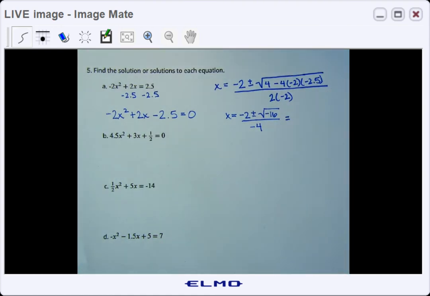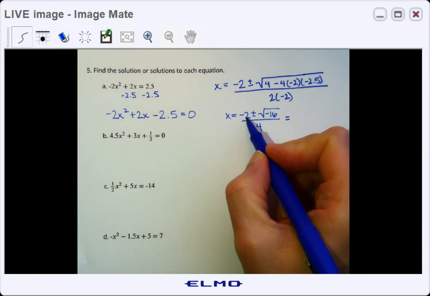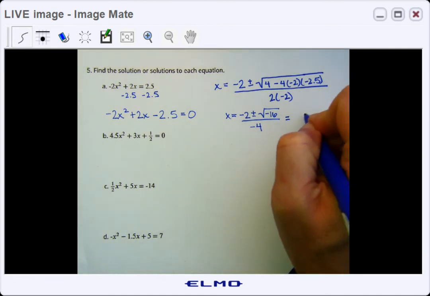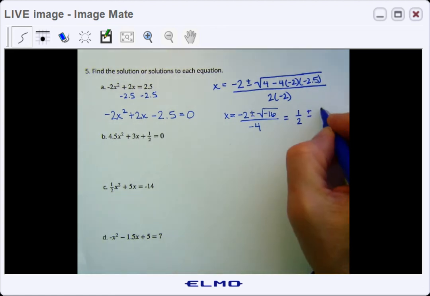Then finally, I'm going to divide both sides by negative 4. So negative 2 divided by negative 4 is 1/2, and then plus or minus, this is 4i